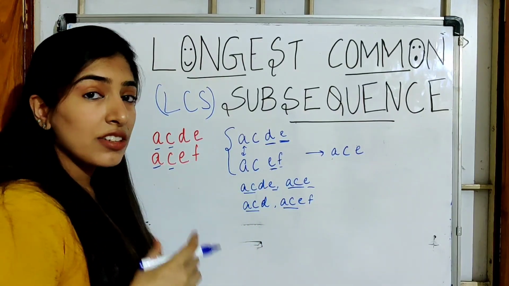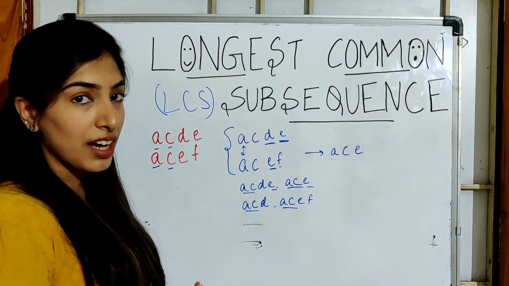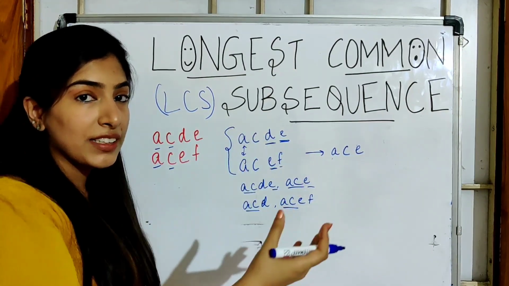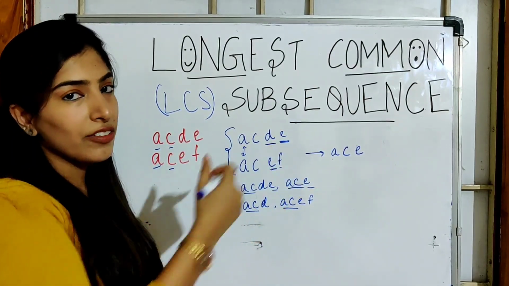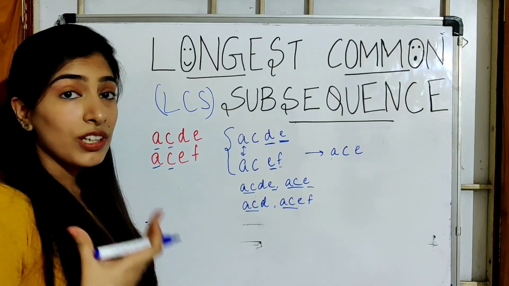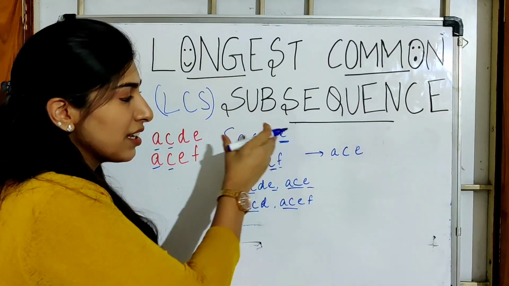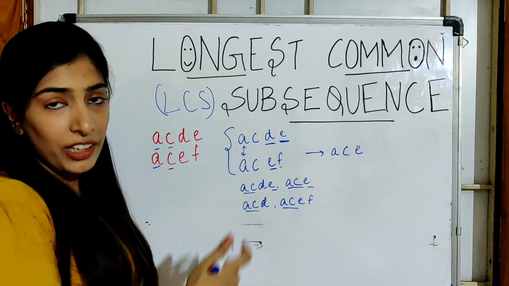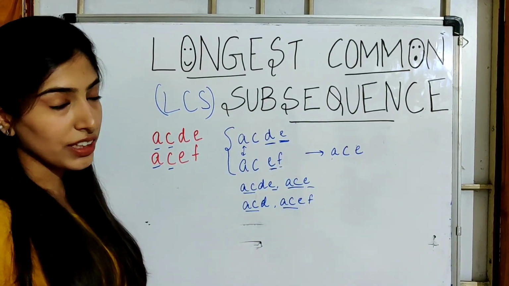But if the characters are not same, then we will check if any of them can contribute to the answer, right? And whichever returns the maximum answer, either taking the element from this one or this one, that will be our answer, because what is the main aim? To find the longest answer possible, right? So we'll just take the maximum value possible by either considering the upper value or the lower value, any of the strings. We just want the longest answer. So this is the answer over here.